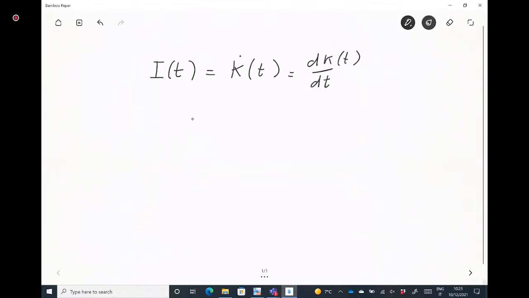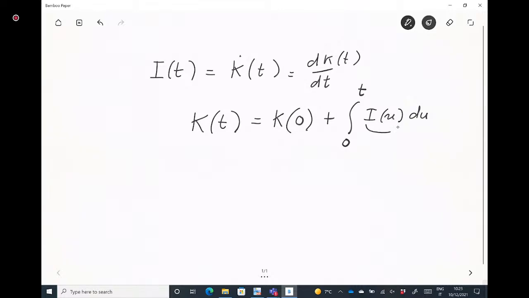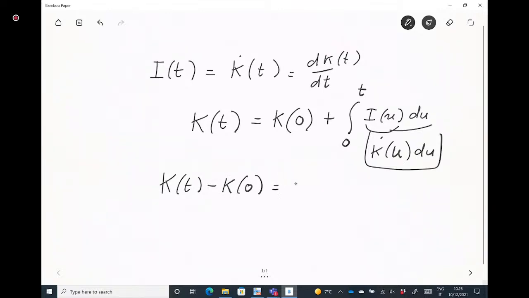So if we write that K at time t is equal to K at time 0 plus the integral from 0 to t of I(u) du, I(u), remember, is the derivative, so this is K dot(u) du, okay? This is equal to this one. We are just saying that K(t) minus K0 is the integral between 0 and capital T of K dot(u) du, which is just the fundamental theorem of